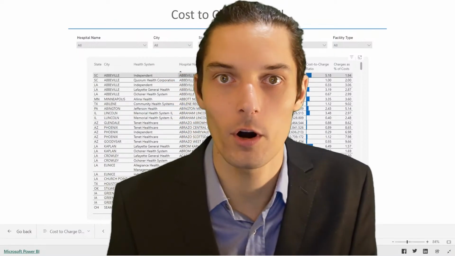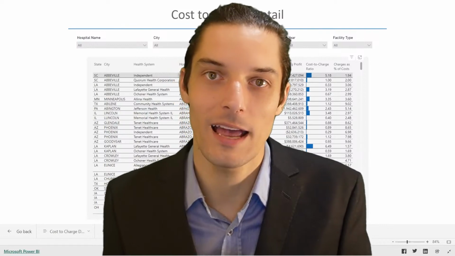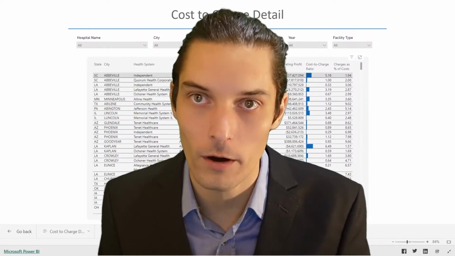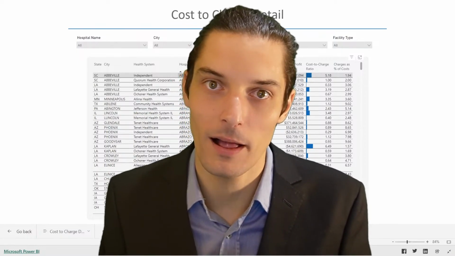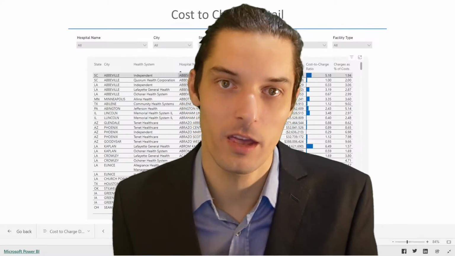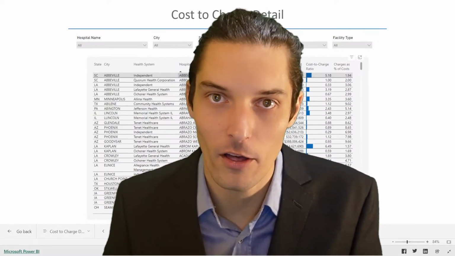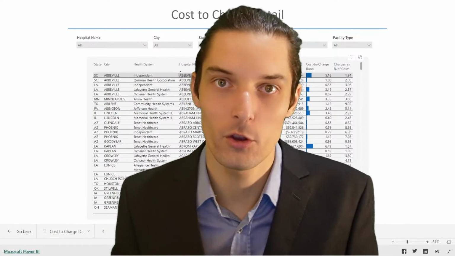So thanks for understanding more about cost to charge ratios. If you are within healthcare, I hope this helps you get a more detailed understanding of what cost to charge ratios imply. And if you are not within healthcare, I hope this helps illuminate what this means for healthcare and how you can use these numbers to your benefit when you are using